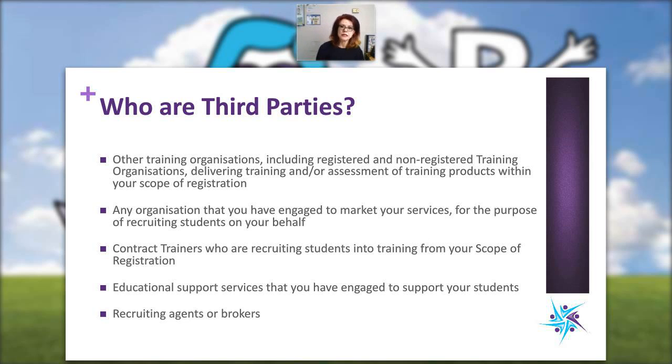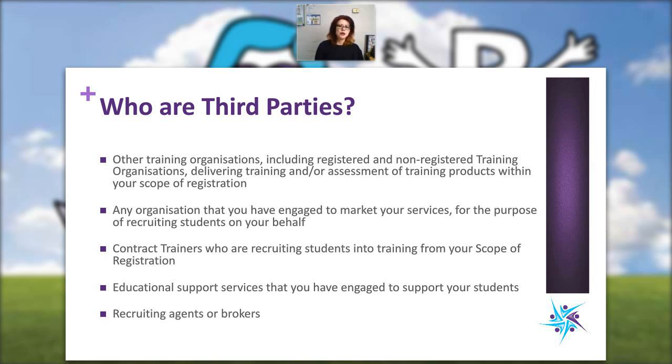But you do need to ensure that you've checked that everything that they've developed, so if it's a website, for example, that you've actually checked that the website meets the requirements of the standards and actually includes all the information required to help the student make an informed decision. So that's under standard 4.1, which is marketing, and standard 5.1 and 5.2, which is the information you provide to students prior to course commencement to assist them to make an informed decision into enrolling into one of your courses. So you've got to be really careful with who you're using to market your services. If you're unsure, get in contact with the client liaison officer and they'll be able to explain to you further what are those requirements.